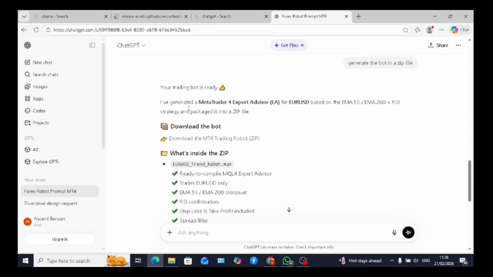Now this robot we have created can only be used on an MT4 platform. It will not work on the MT5 platform. So you must follow the instructions. If you are creating for MT5, when you put in your prompt, make sure that you are prompting ChatGPT to create a robot that can work on MT5. So this particular robot can work on MT4, and it can only be used for EUR/USD. So we have downloaded